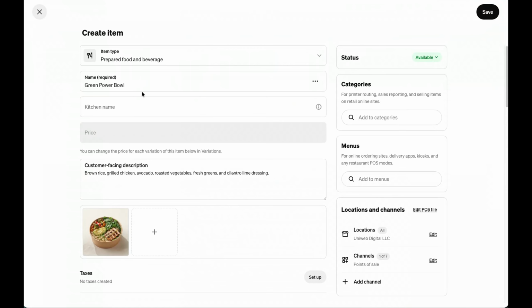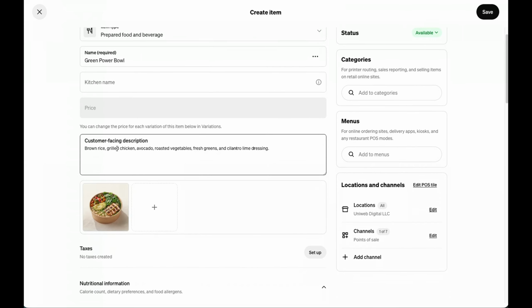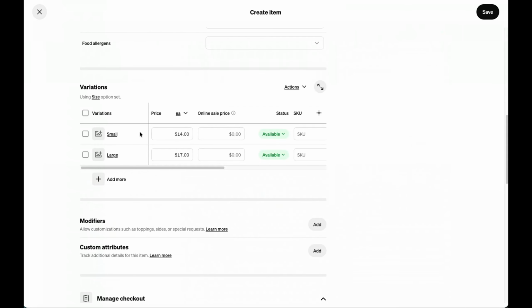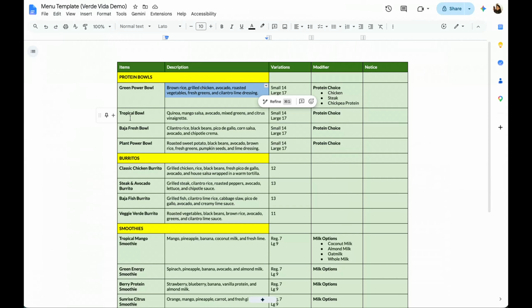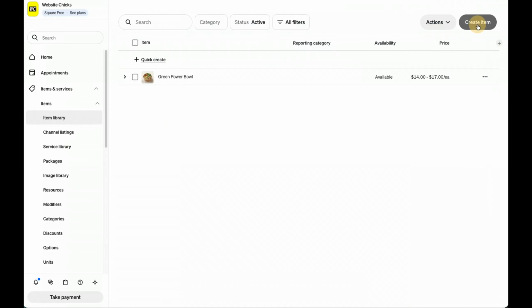So to recap, we're going to enter the name, the description, image, and pricing and/or variation. And then I'm going to click save. And then I'm going to add the next item, which is our tropical bowl. I'm going to click create item,